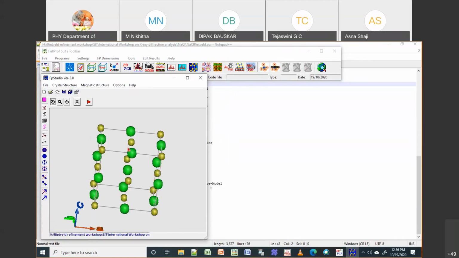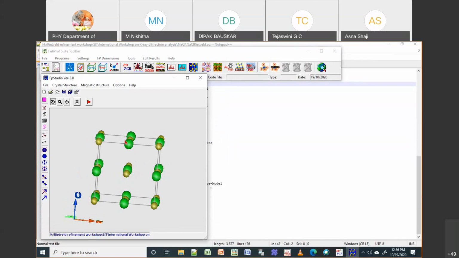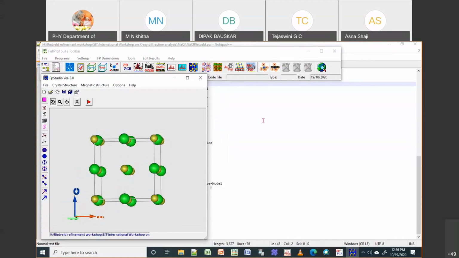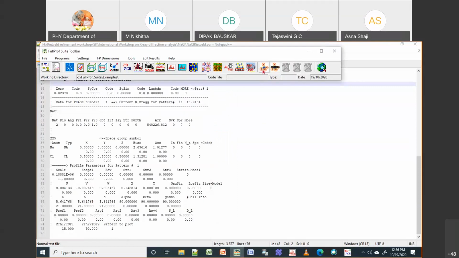You can see here it is also giving you the crystal structure, but Vesta gives a better one because you can have different types of models like polyhedra, all those things. You can also do the same thing in Fullprof Studio, but it is a little bit cumbersome. It is not straightforward, so that is the reason I didn't show Fullprof Studio. You just try to use this Vesta. Vesta is a little bit more advanced version.